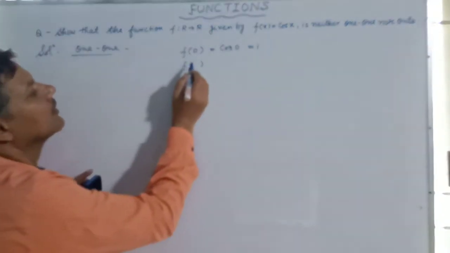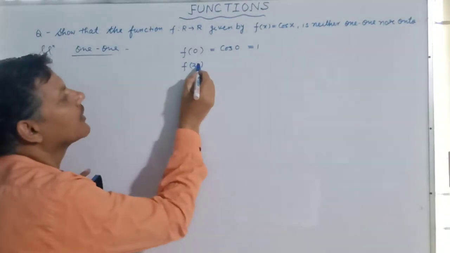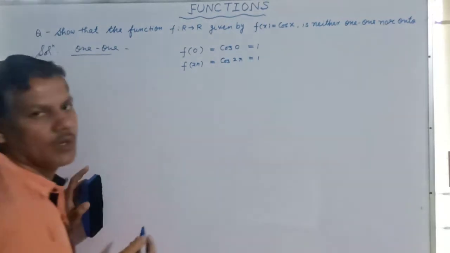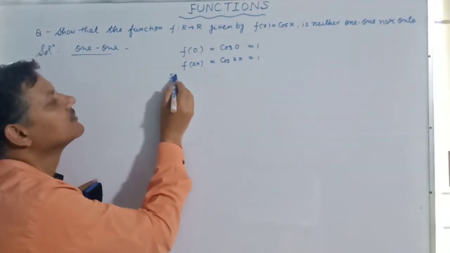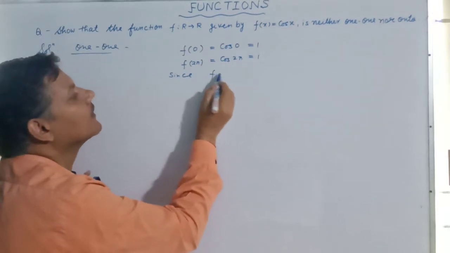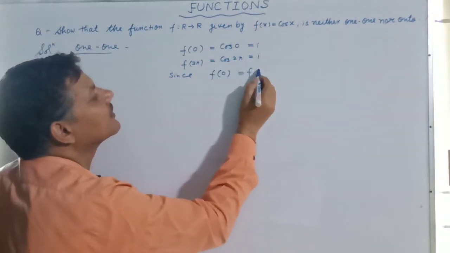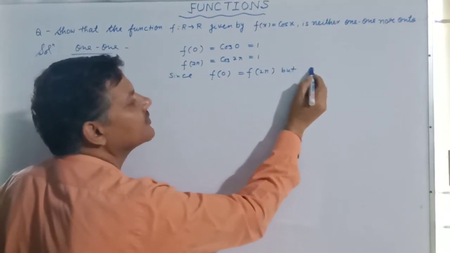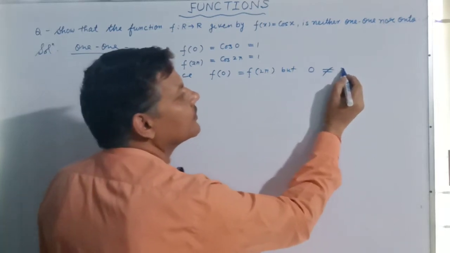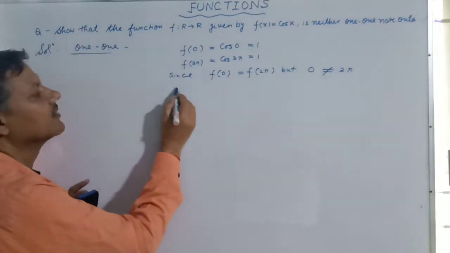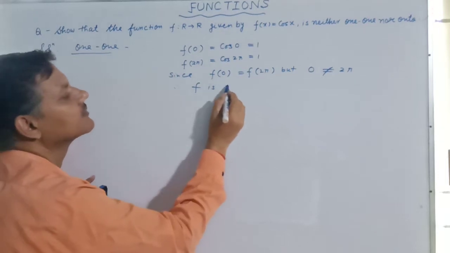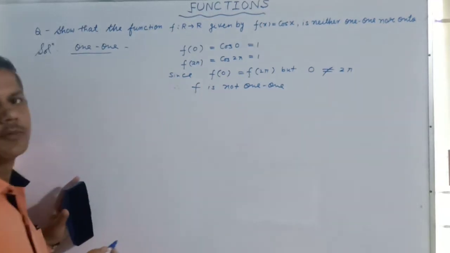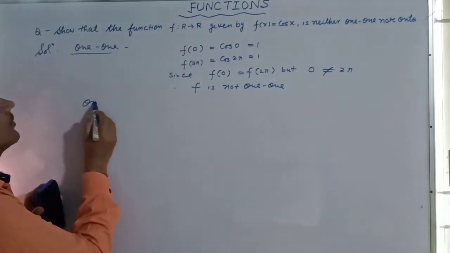So this way we get the angle 2π. So we get cos 2π equal to 1. We write: since f(0) equal to f(2π), but 0 is never equal to 2π, therefore f is not one-one. It is actually many-one. Now, for onto,